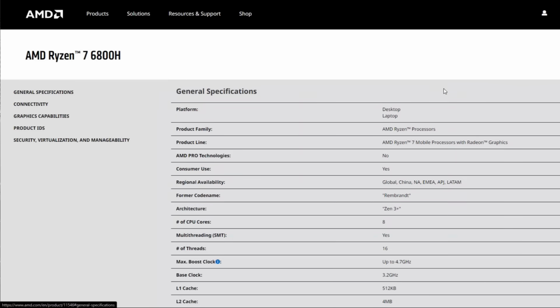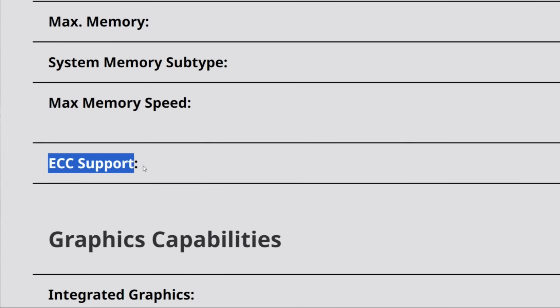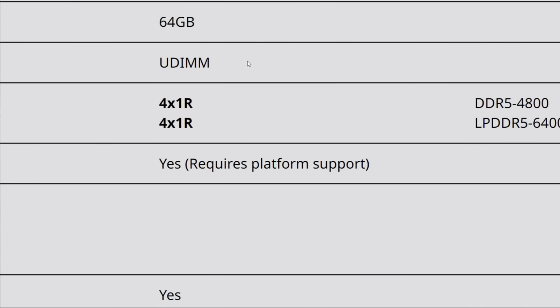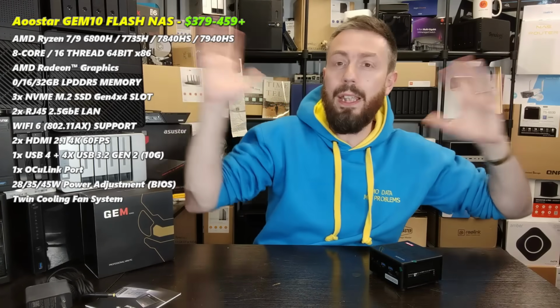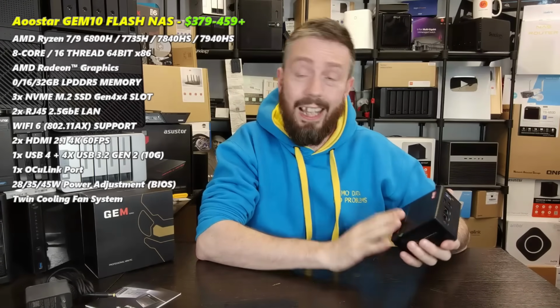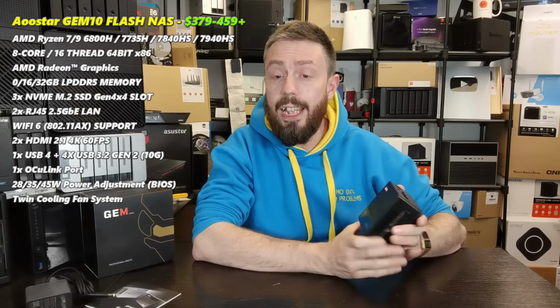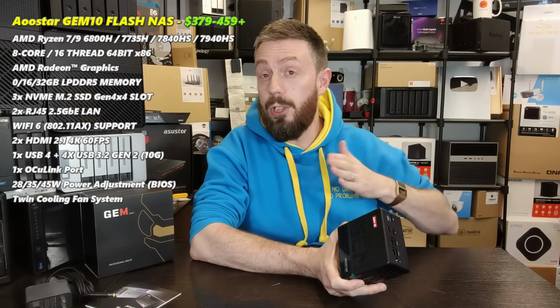Now again, alongside the configurations of storage and NAND, this device also arrives with different CPUs. The one I'm holding here is the AMD embedded Ryzen 7, so that is the 6800H, and that's using kind of mobile SoC CPU components that's basically taking those big bulky desktop CPUs and making a much more energy efficient compact version of them. It's an 8-core 16-thread processor. The TDP is rated at 28, 35 and 45 depending on how you want to set it up during the